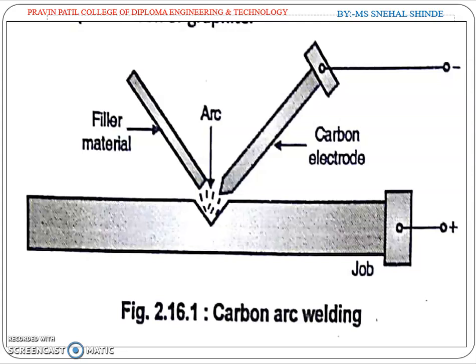Mostly graphite electrode is preferred. It has longer life and low resistance. The arc produced between the electrode and the job, and melting of the job takes place. Thus welding is obtained. The polarity in DC carbon arc welding: it should be noted that if